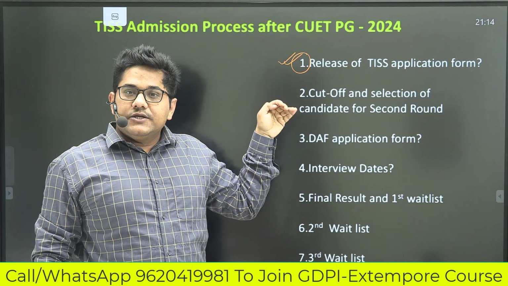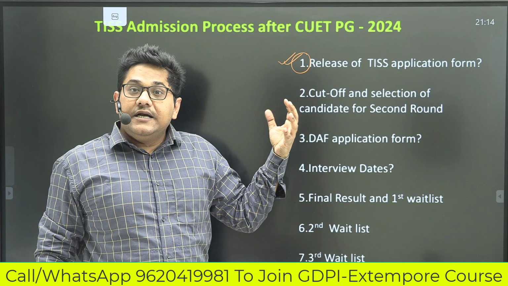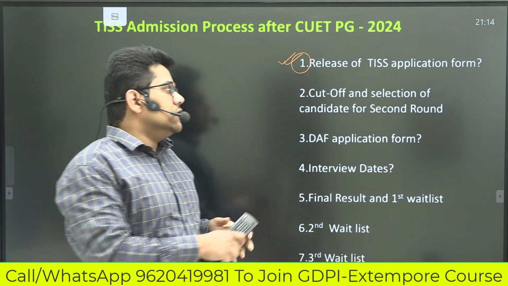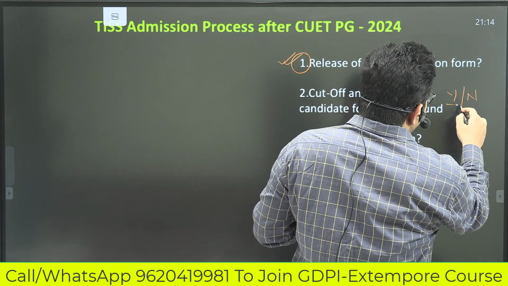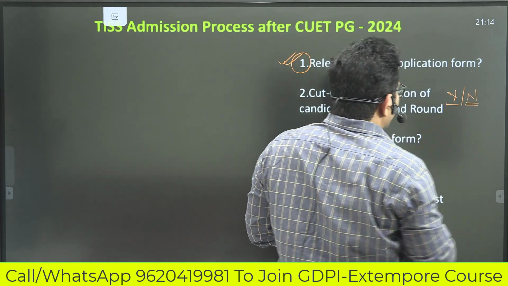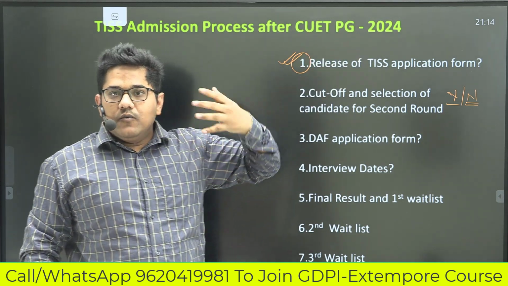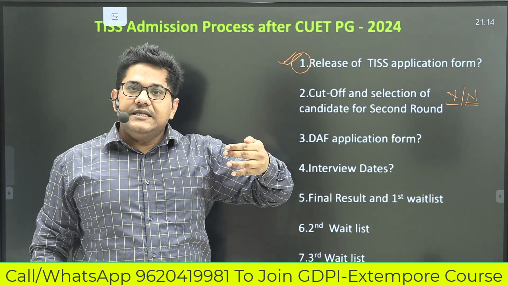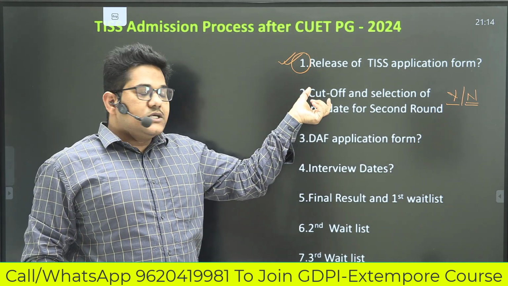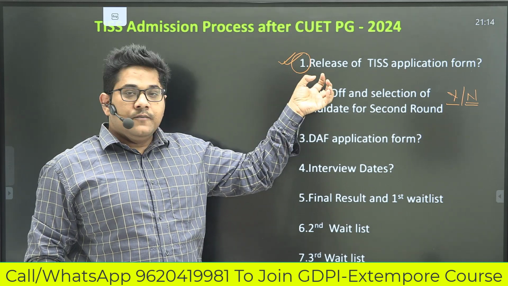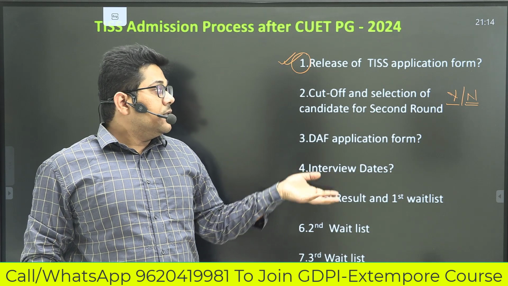Once you fill the application form, the cutoff and selection of candidates for the second round would be declared. So very typically, yes or no. If you are allowed for the second round, yes. If not, no. The idea is that anybody would want to entertain only serious people in further rounds. So this would give them the idea of whether those applicants are going for the second round or not.